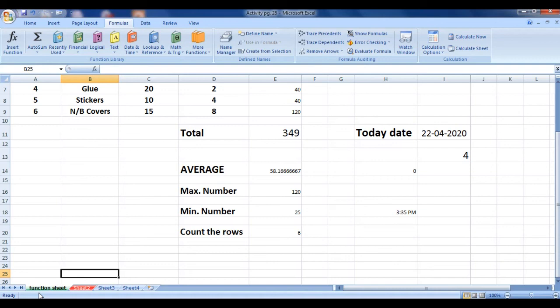So what we have discussed in today's session is functions. In functions, I have made two categories clear to you. Two categories: I told you about the common functions like sum, average, maximum, minimum. Then I told you how you can use the function library, a lot of inbuilt functions, by using insert function and selecting any criteria according to your requirement.